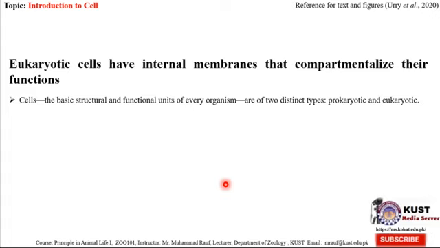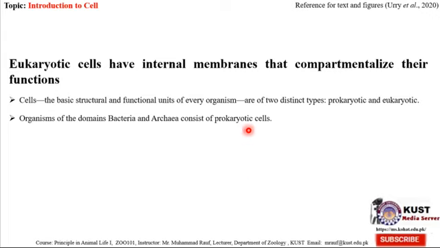Now there are two types of cells, and the organisms having these two types of cells are also referred to as prokaryotes or eukaryotes. The living organisms are divided into three domains. Bacteria and archaea are the first two domains, and these organisms have prokaryotic cells. Their body is made up of prokaryotic cells, and therefore these organisms are also known as